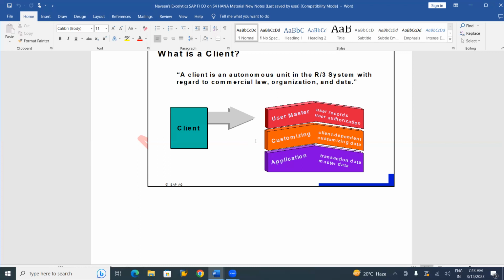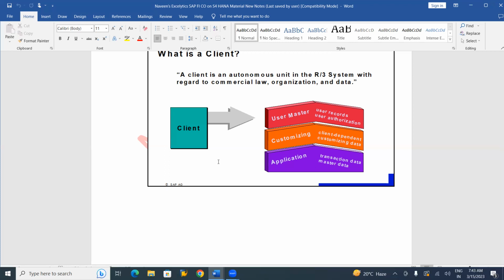Because those are specific to that particular client. No other customer will use that. Then that will be customized by the ABAPer, and whatever customization data is there will also be stored under this particular client.